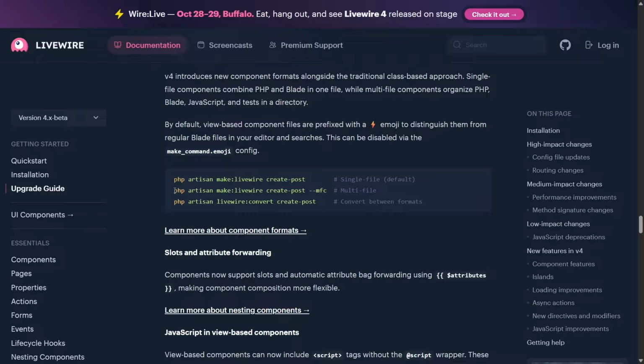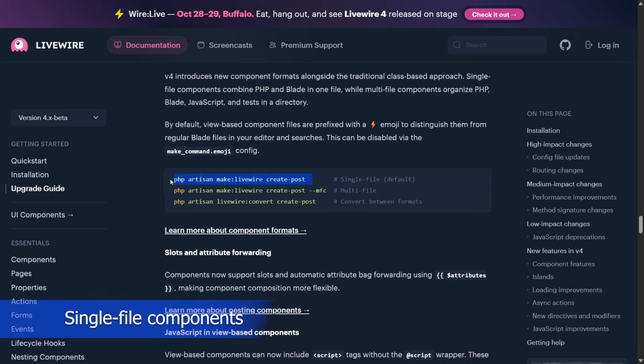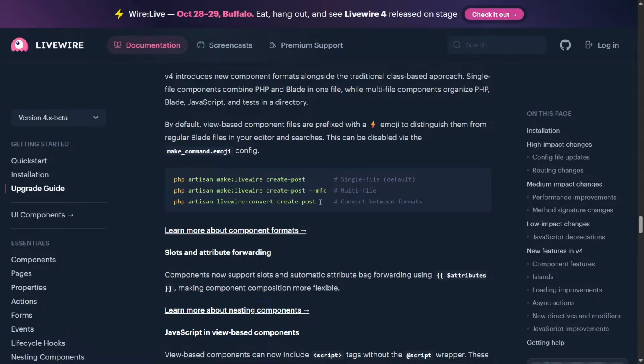Having all the files you need for a particular view in one location, you can easily do that by putting --mfc. MFC simply means multiple file component, right? There's also another one you can do, --sfc, which is single file component. Then you can convert them: if you already have the first one, you can use this command and change it to the other, and vice versa. So in this, what you will have is